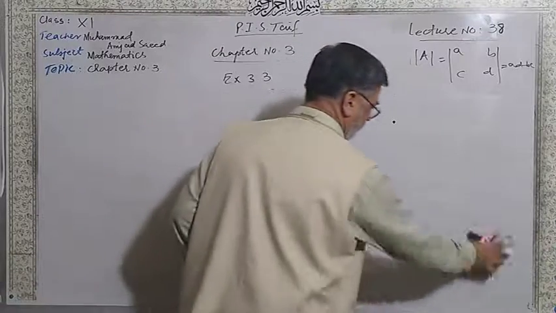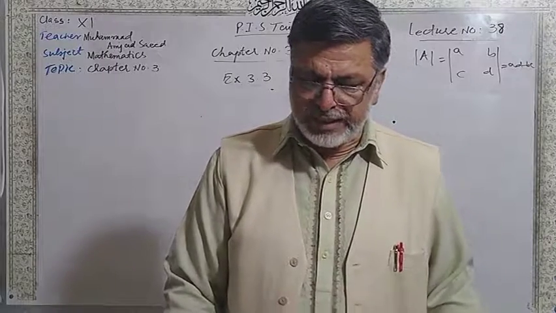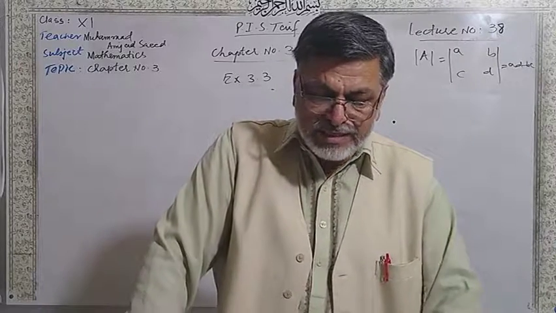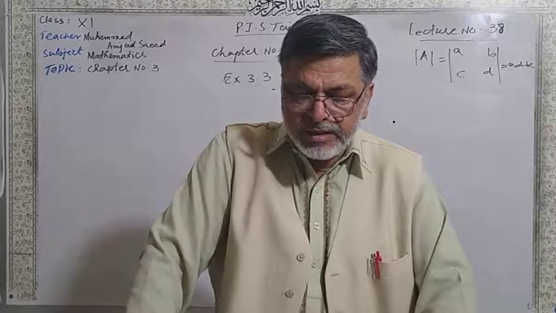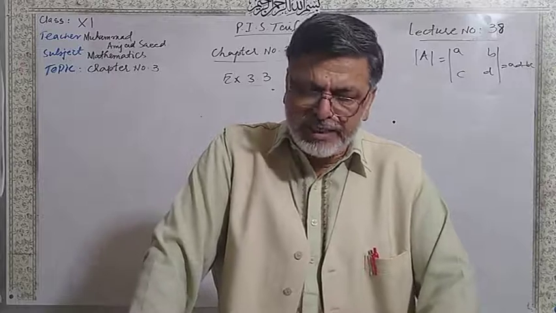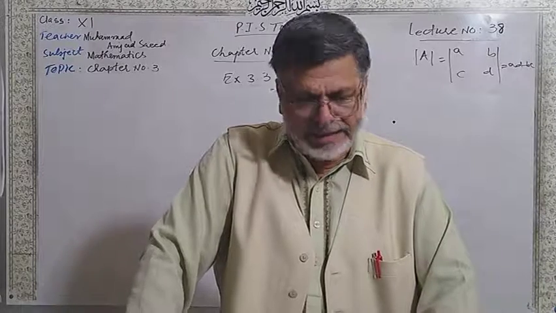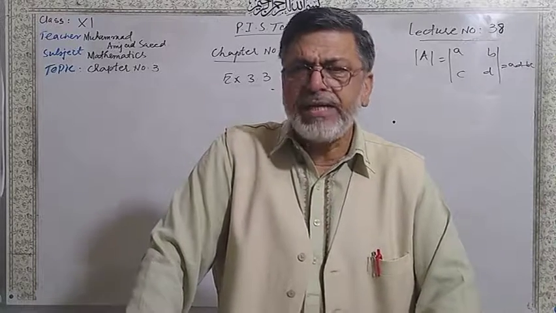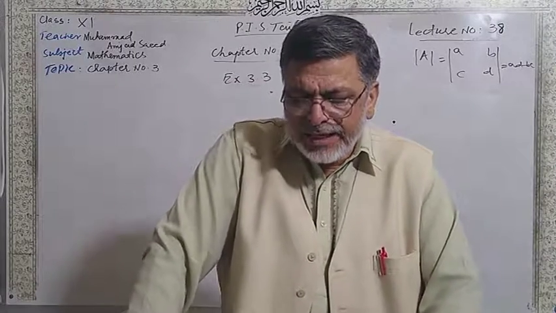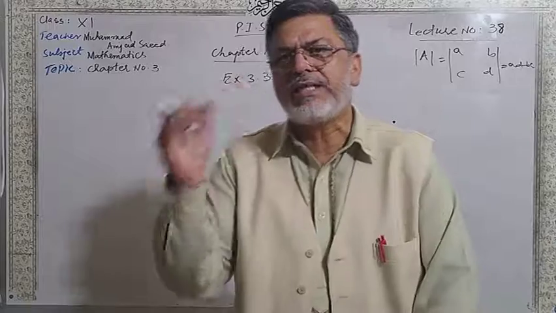After that, we have question number 3. Dear students, listen carefully. In question number 3, first part, you will take the right hand side and look at the determinants. In both determinants, C1 and C2 are identical. You simply write down the two determinants, and in the second step, you will add the third column, because the third column in both determinants is different.